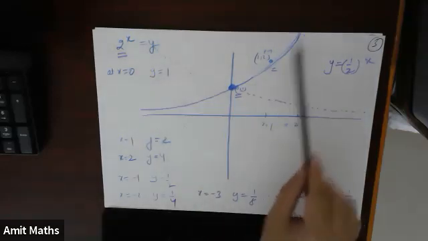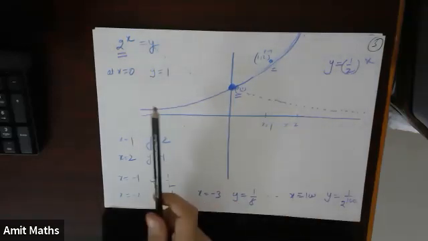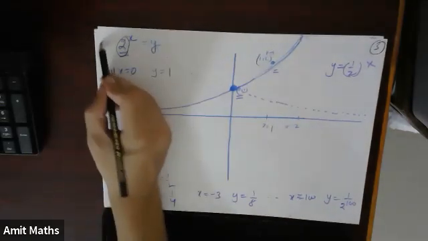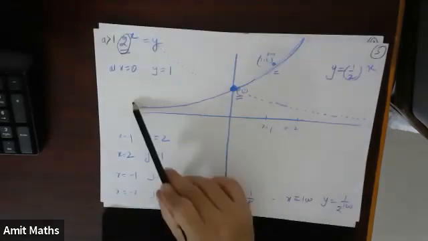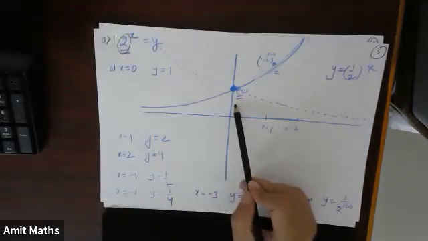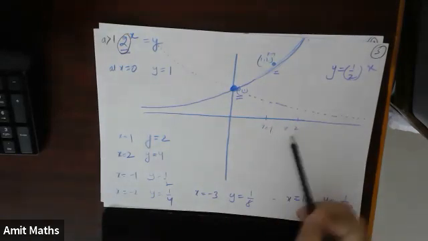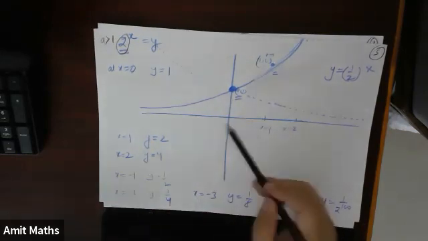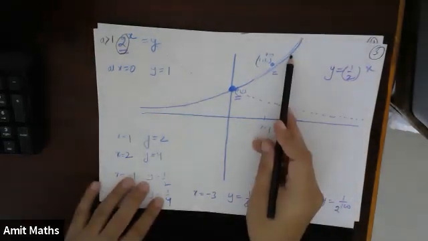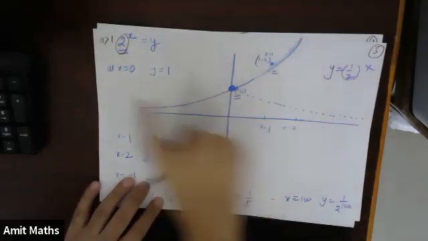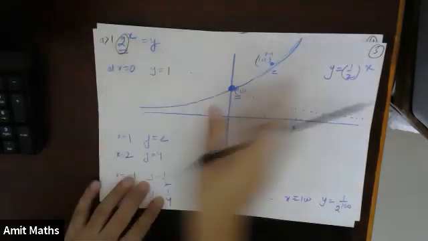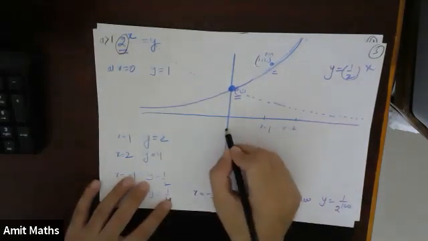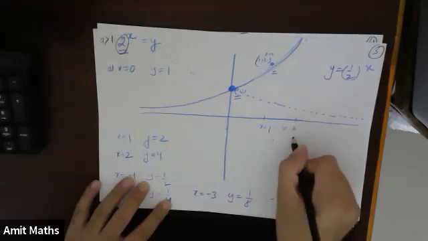This was how to remember the exponential curve. To remember the exponential curve for base greater than 1, plot three points: x is equal to 0, x is equal to 1, and x is equal to 2. If you remember this, for base less than 1, you can always draw the inverted graph. So just remember to plot 3 points, x is equal to 0, 1, and 2.